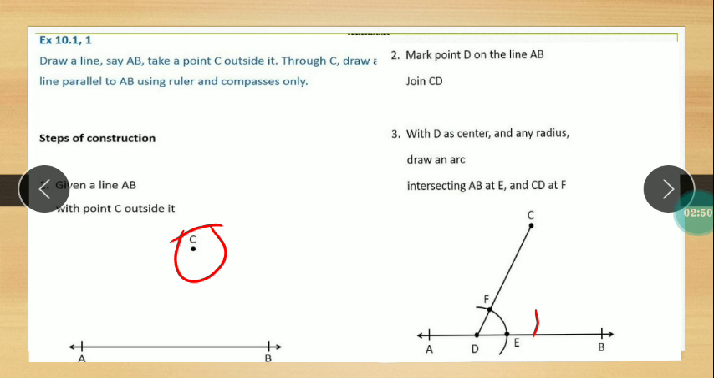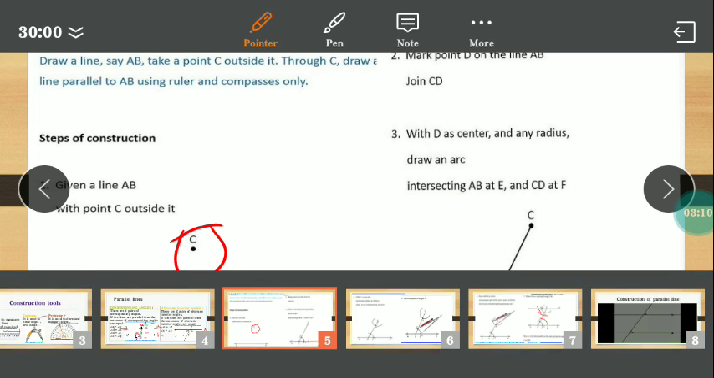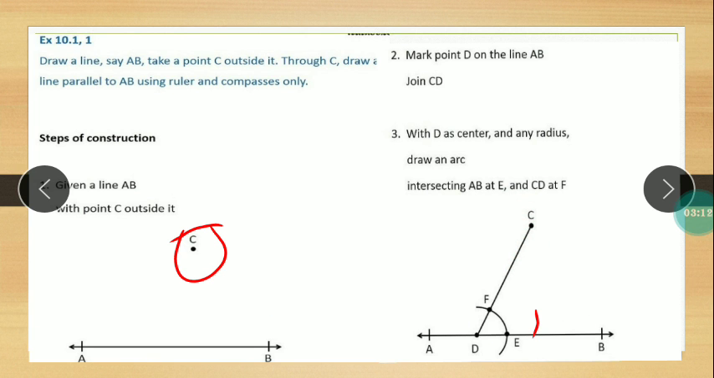So the steps of construction. First, given a line AB, draw a line AB by using a ruler. Take a point C outside of this AB. Next, mark a point D on line AB and join CD. So you will get angle CDB, or angle D. Now construct an angle at C which is equal to angle D, such that angle C and angle D are alternate interior